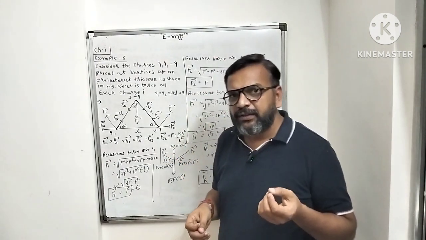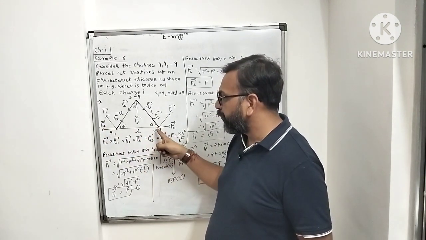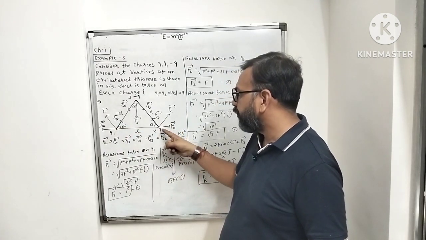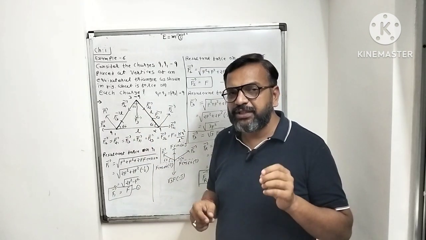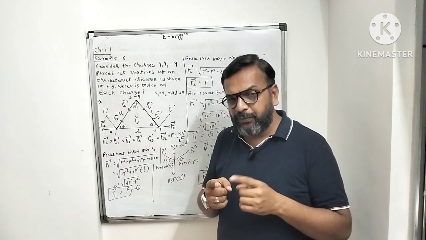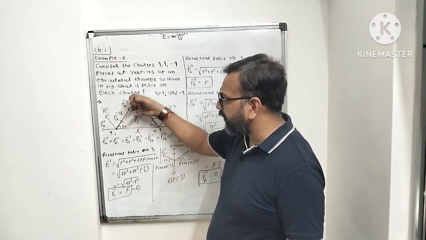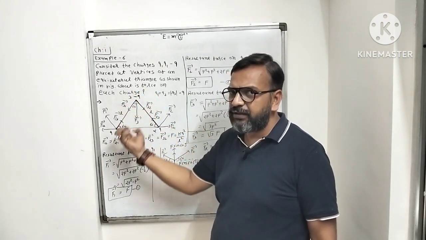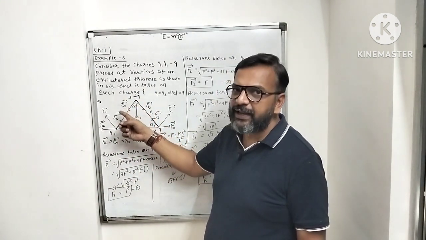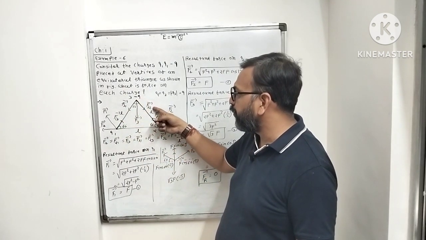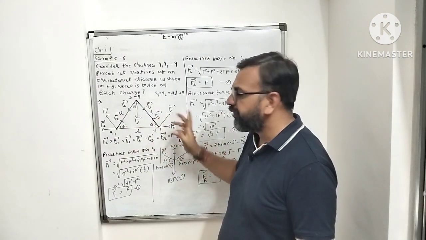So how can we write that force? Force on 1 due to 2, similarly force on 2 due to 1, both are in opposite directions. The third charge is negative Q, so the force between the positive and negative charge is attractive. The negative charge attracts the positive charge, and similarly the positive charge attracts the negative charge. So force on 3 due to 1 we write F31, force on 3 due to 2 is F32, and then force on 1 due to 3 and force on 2 due to 3.